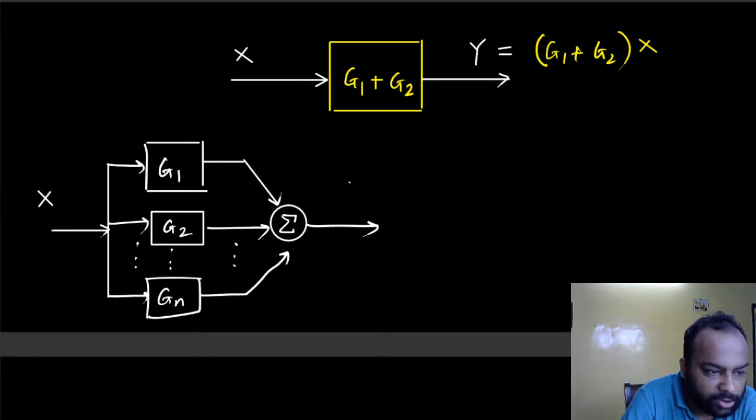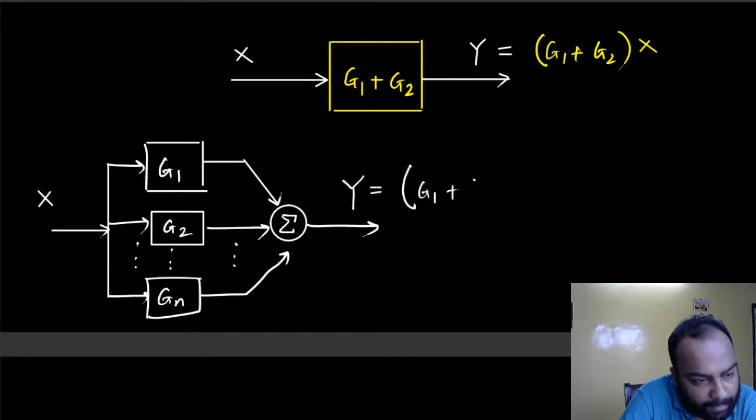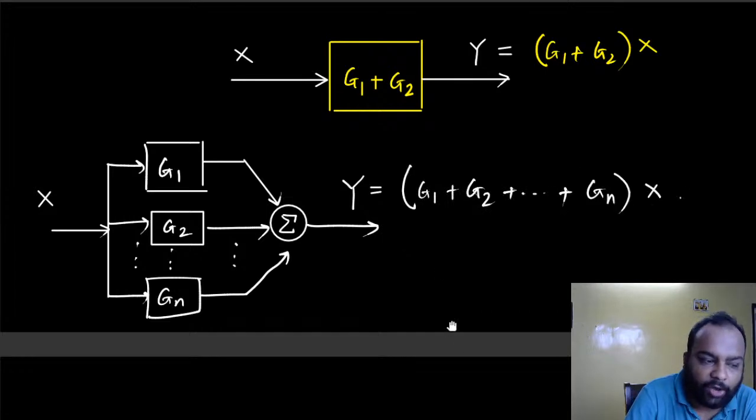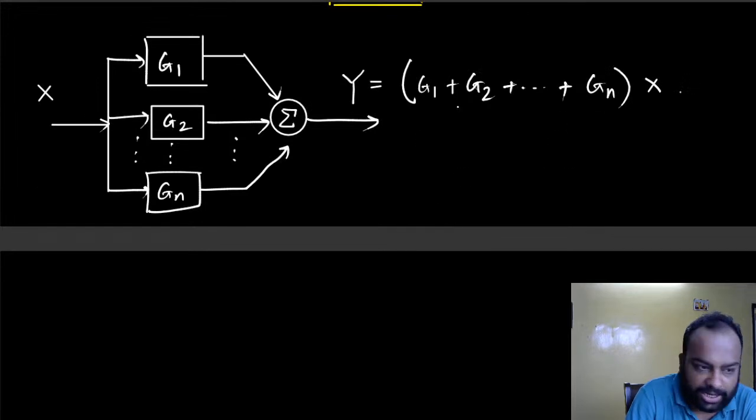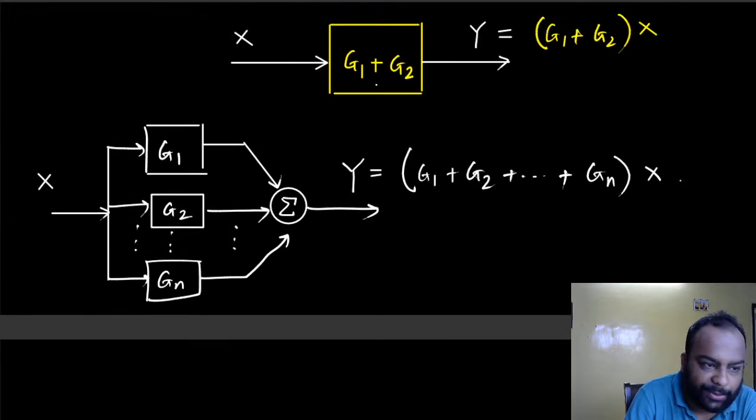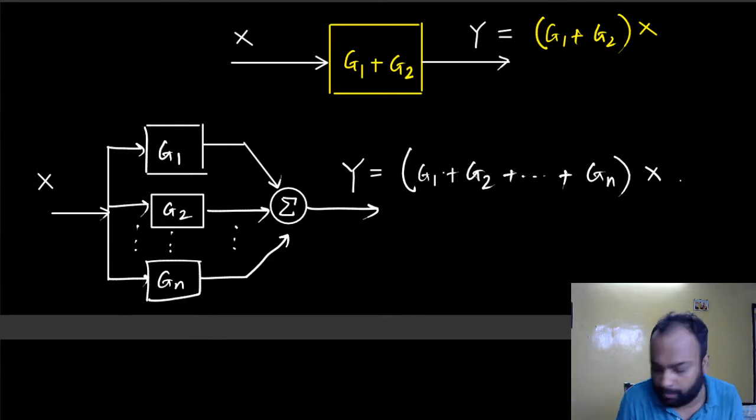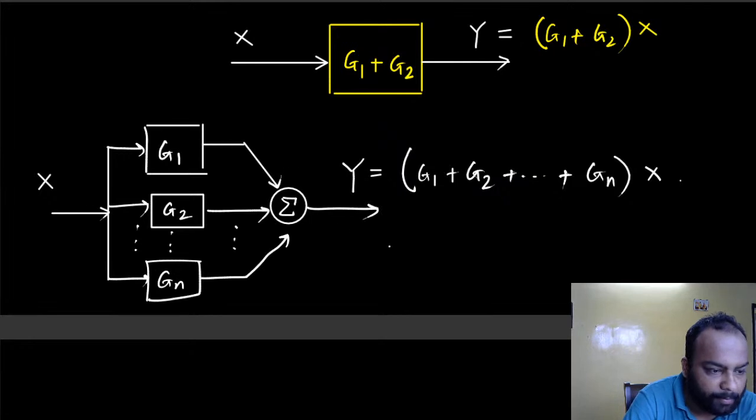So the output is going to be Y, which is equal to G1 plus G2 and so on up to Gn times x. So of course the equivalent circuit would be a sum of all these, right? So the equivalent would be G1 plus G2 plus G3 and so on, right? So the equivalent circuit would be